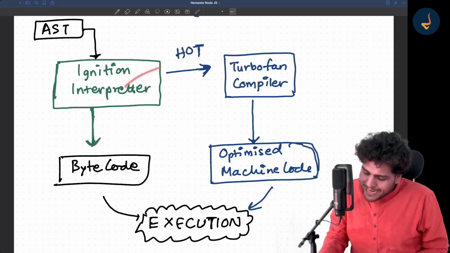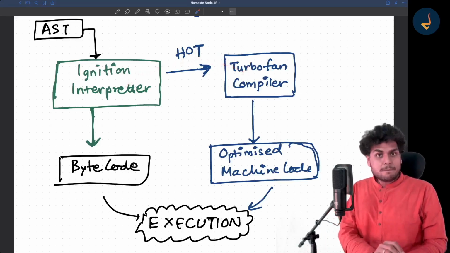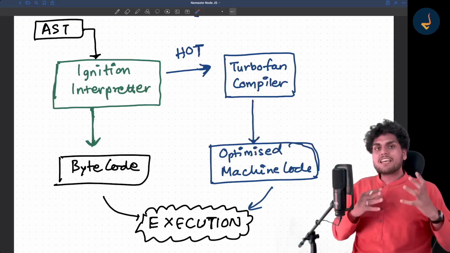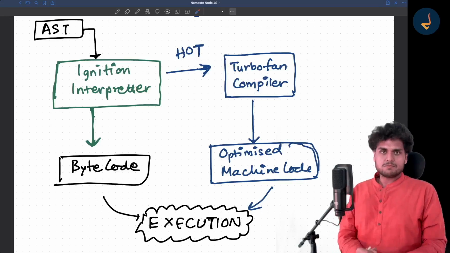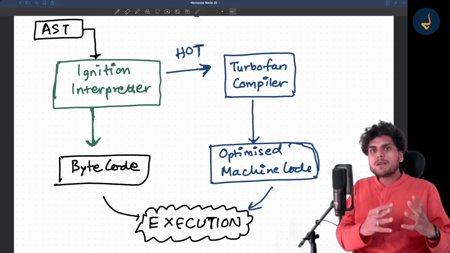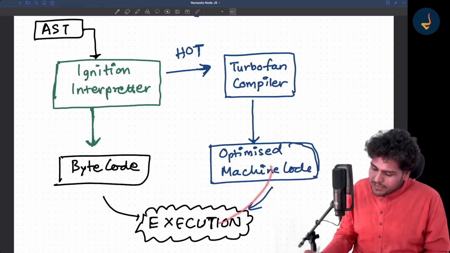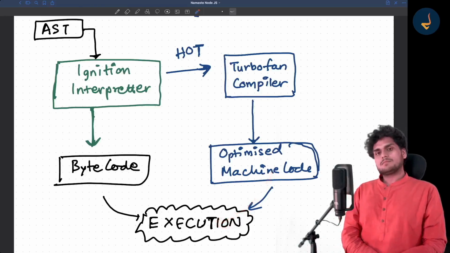So that code is given to the turbofan compiler. And then with the turbofan compiler, optimized machine code is built, and then finally that optimized machine code is executed.